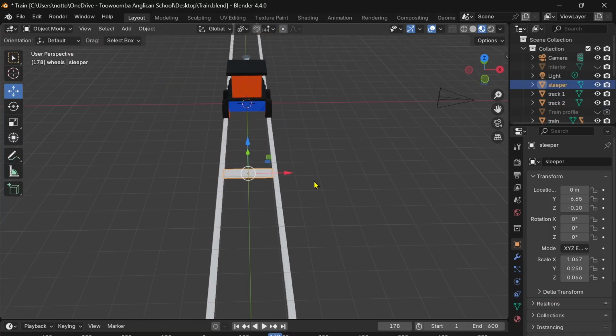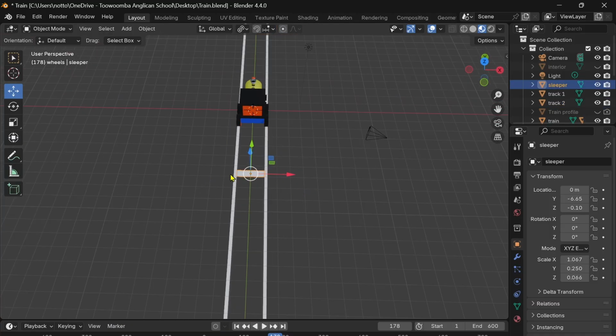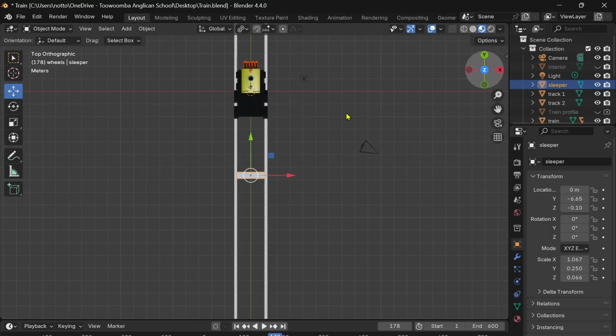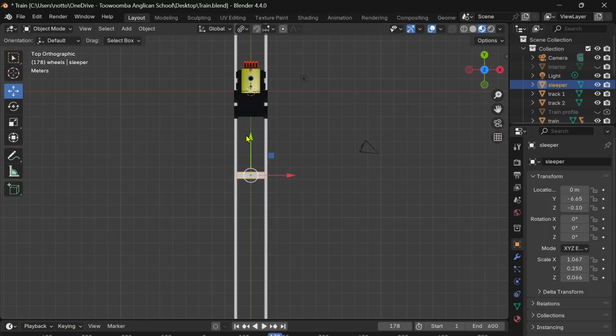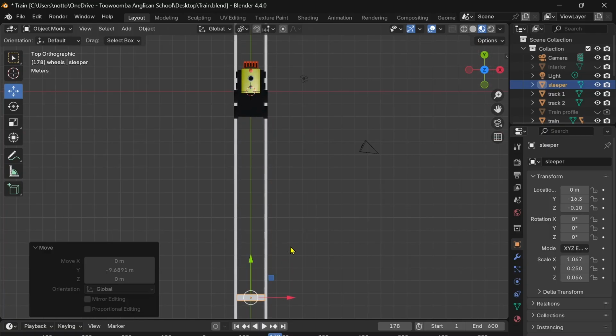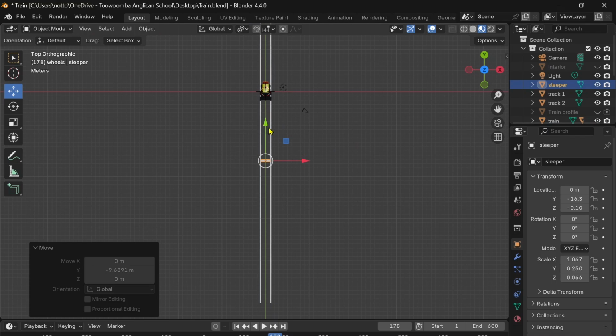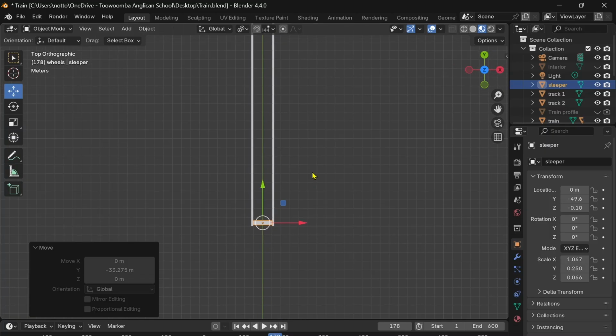So what we want to do is to now basically have lots of these sleepers all the way along the train track. We don't need to add in hundreds of them. There's a faster way of doing it in Blender. We're going to go to top view, scrolling out, and I'm going to move that sleeper all the way down to the bottom of where our train track begins down there. Okay, so with it all the way down there,